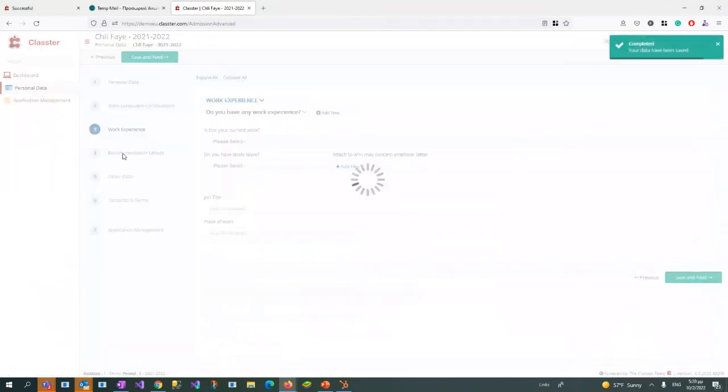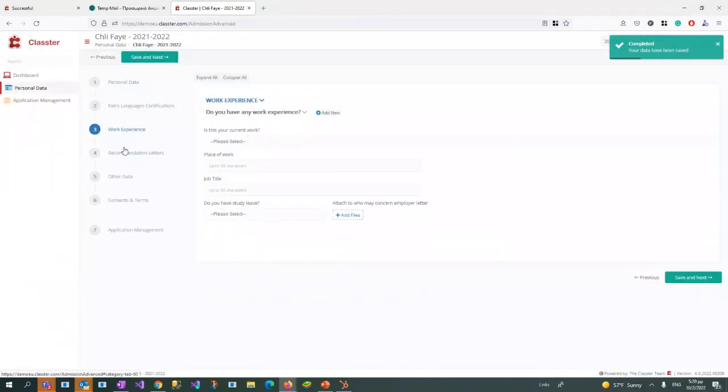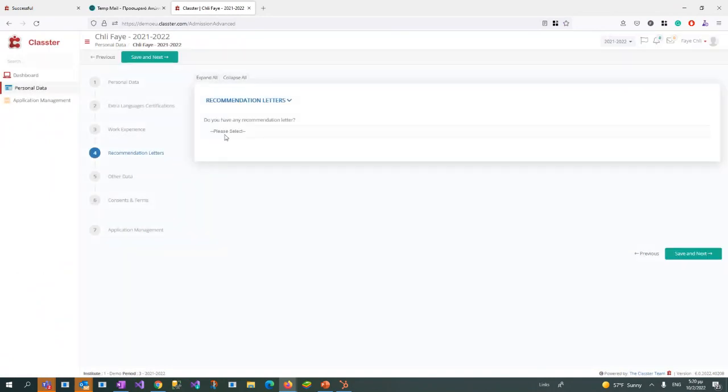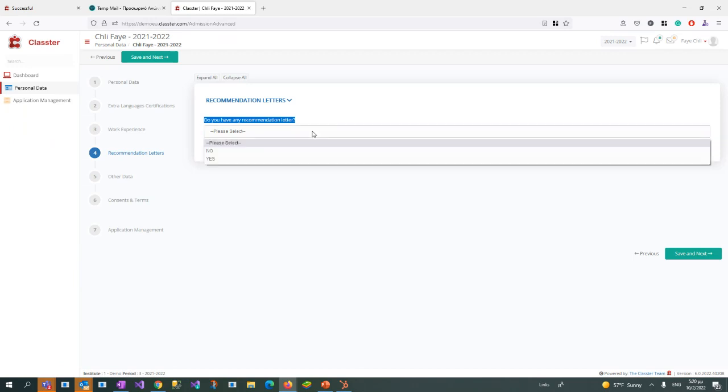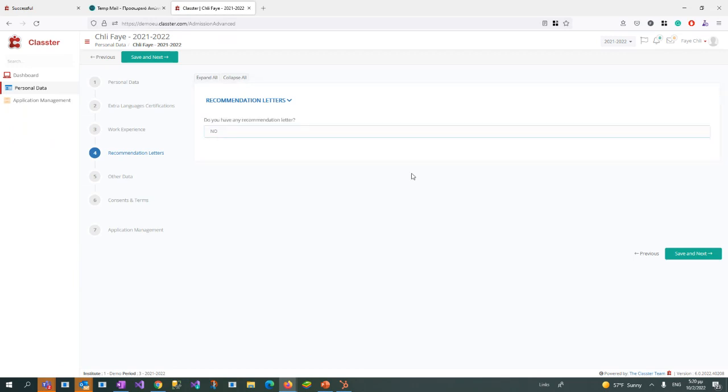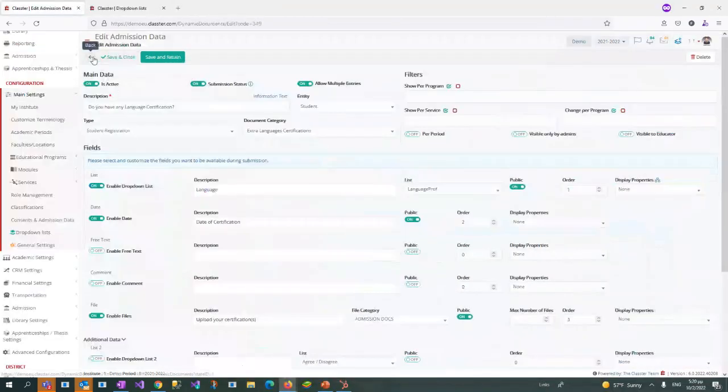So I want to show you something more for the admission documents. So here I have recommendation letters, and the first question is if you have any recommendation letter. If the applicant says no, then okay, he can proceed. If he says yes, we can have more questions appearing below. Okay, how we can do that? In this specific admission data,